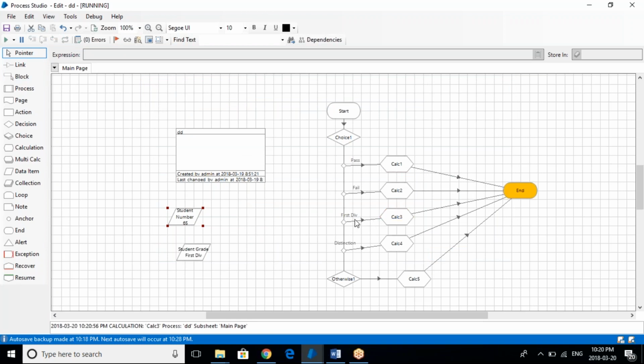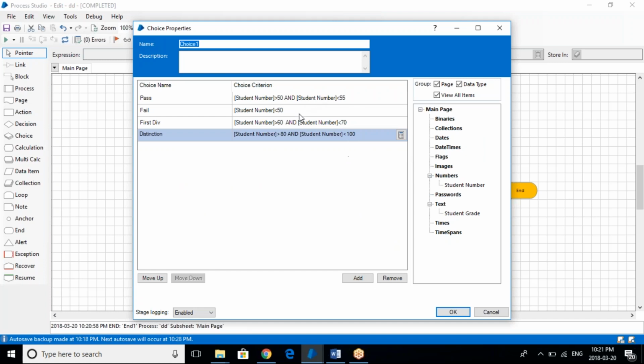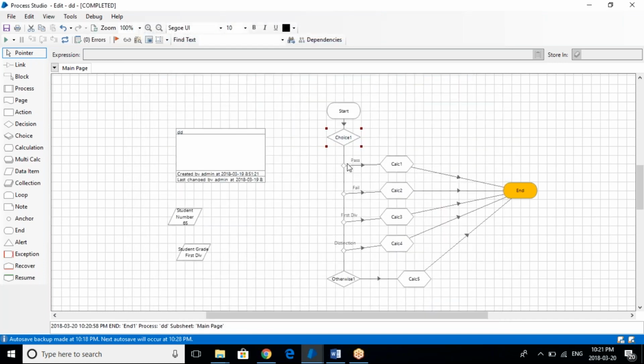So since 65 was there in my first division, it got the value as first division. So whatever value I have given as part of my expression, it starts from the first choice and keeps going downward, and whichever choice meets the particular condition,